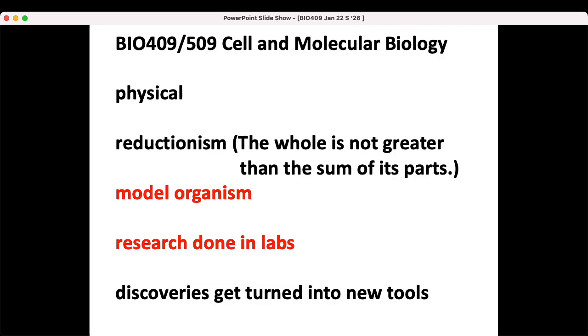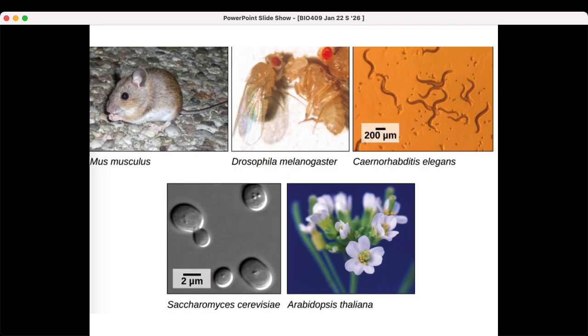And the next one is a couple done together. So they really focus on model organisms, and the research on these model organisms is done in labs. Here are some examples of model organisms that are the focus of research, and that's an example of how molecular biology has just overwhelmed all of biology. There's lots of focus in modern biology on model organisms. If we can learn about the mouse, we get a pretty good understanding of all mammals. There are some differences in mammals from mice, but it's cool to learn about differences once we know all the similarities.